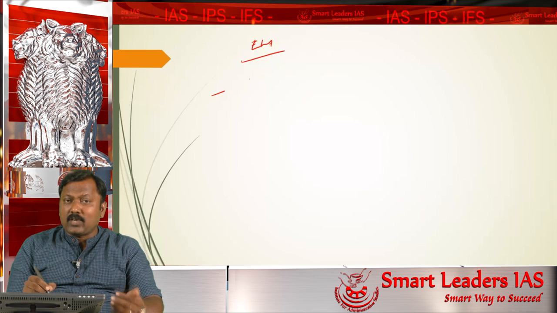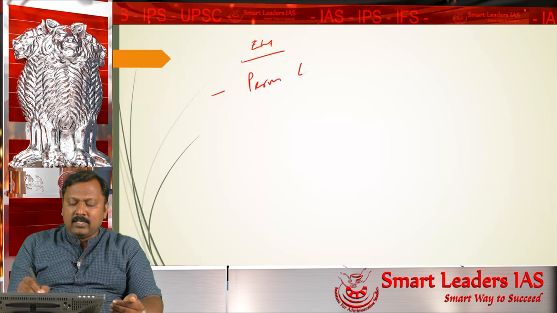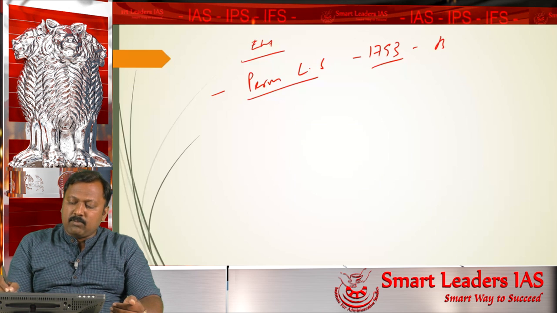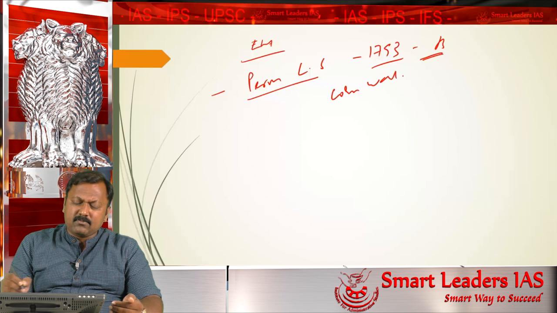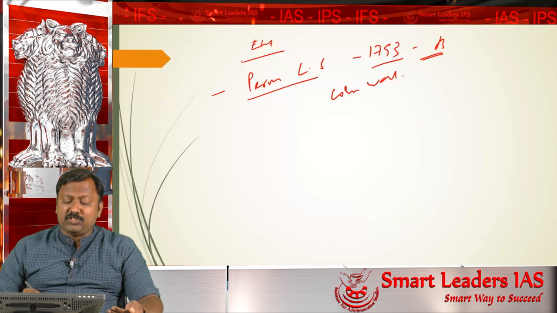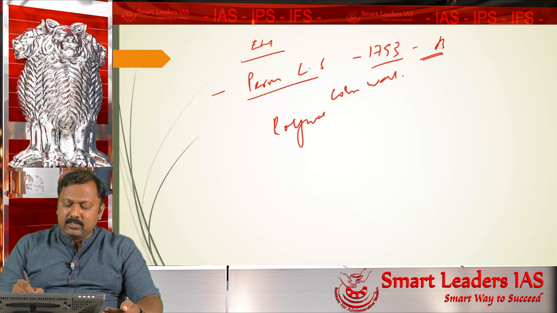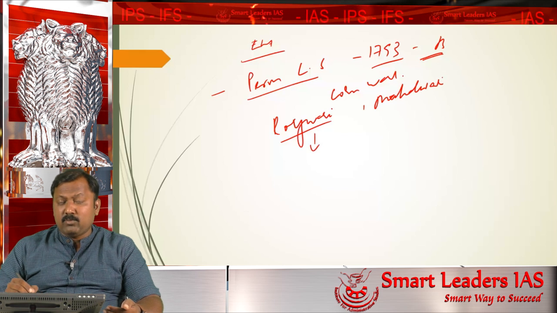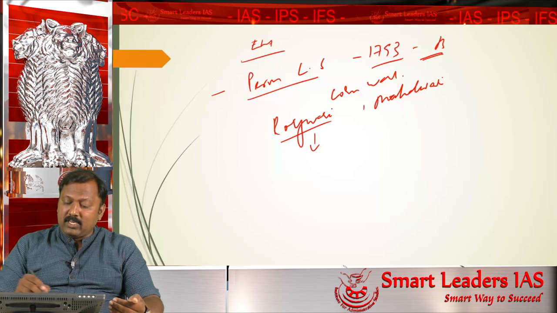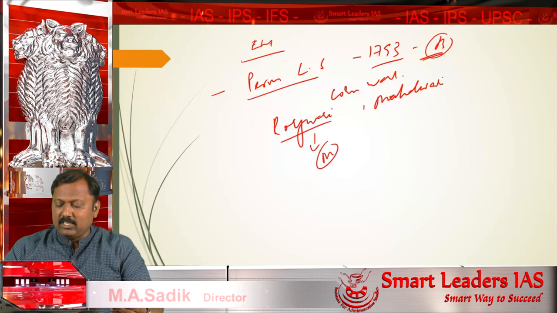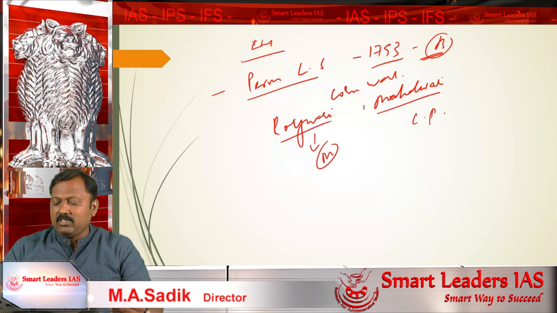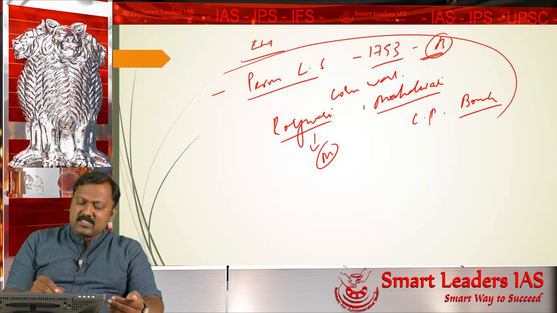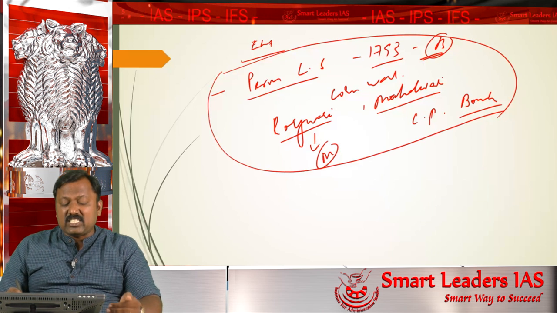For example, in order to collect the land revenue, they established a permanent land revenue settlement. The permanent land revenue settlement was introduced in the year 1793 in Bengal during the time of Cornwallis. Similarly, other land revenue settlements were introduced in India, for example Rayatwari settlement, Mahalwari settlement, etc. The Rayatwari settlement was introduced in Madras, the permanent settlement in Bengal, and the Mahalwari settlement in Central Provinces and Bombay. In all these places, these land revenue settlements gave a sense of entrenchment to the British.